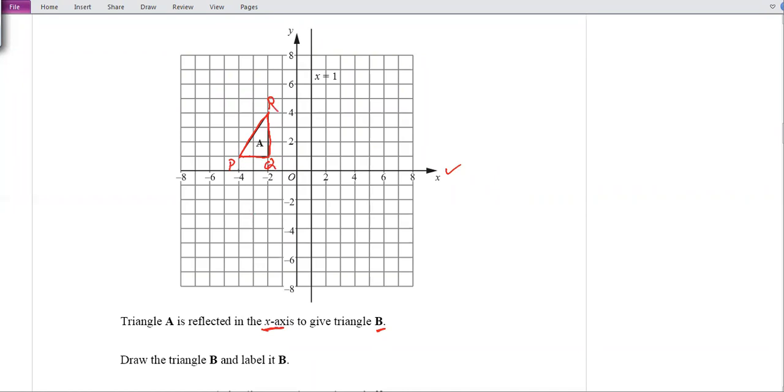Okay. So you can give the names to these like P, Q, R. Now P is how many steps from this one? One step from the x-axis, the line that you are taking as your mirror. It is one step. So on the other side, you will go one step. It means this will become P dash. Okay, Q is also one step from the x-axis. So its image will be one step. Q dash. R is how many steps? 1, 2, 3 steps. Sorry, R is 1, 2, 3, 4 steps. So it will be 4 steps away. This is R dash. So you can join them now.